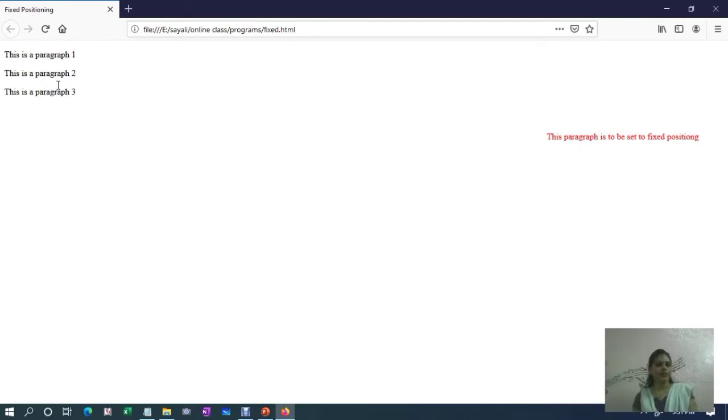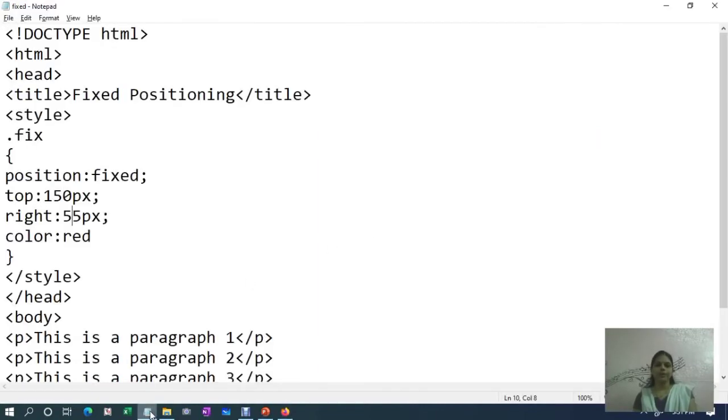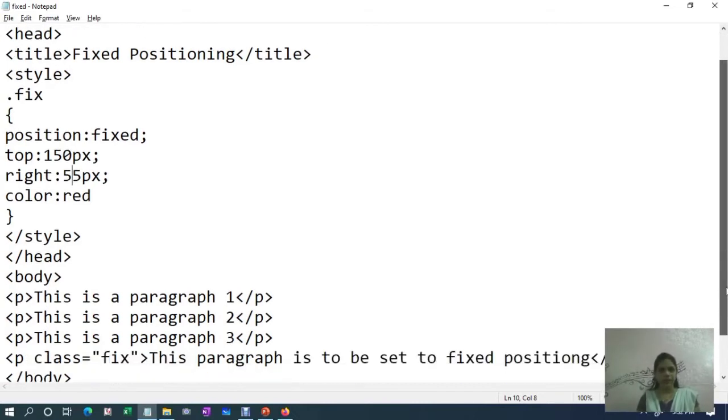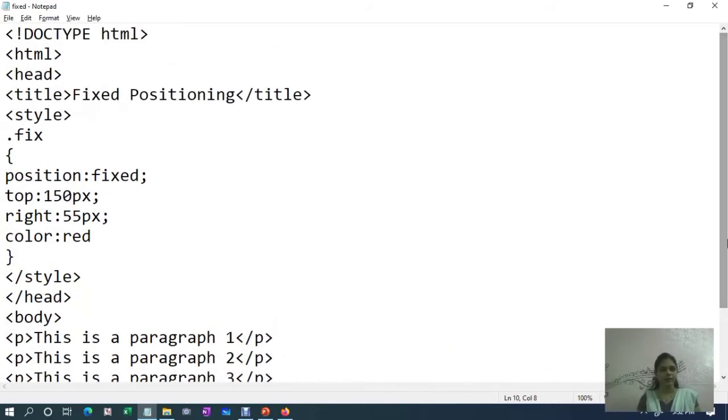See here, the default position of the paragraph is over here, but you can set up any other position on your browser window with the help of the position property, and that position can be fixed with the help of properties like top, bottom, left and right. Here we have used top and right properties to set up the position. So in this way you can position the HTML element using fixed positioning, and this is a program for it.